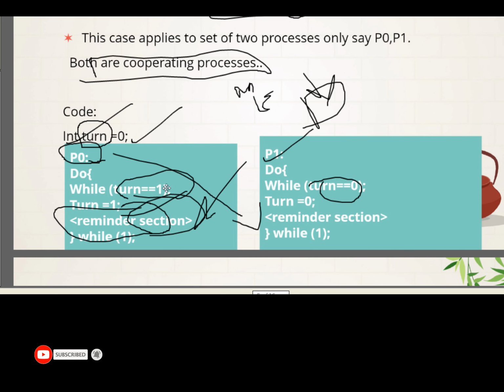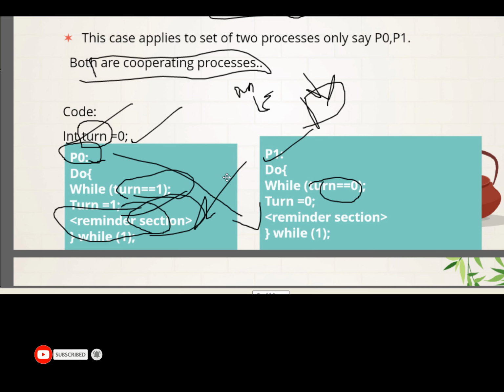In this case P naught has to wait till P1 has finished executing the critical section. Otherwise, on exit it changes the value of turn to 0, then P naught enters its critical section immediately. So one by one these are bound to wait for each other while each has not completed with its resources.